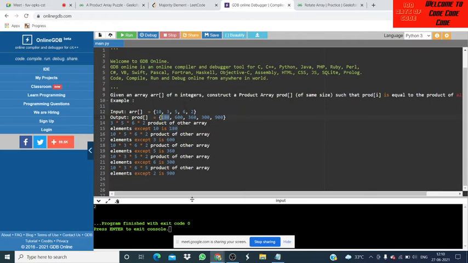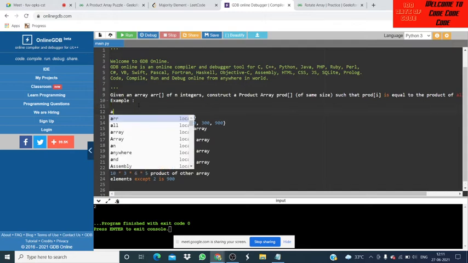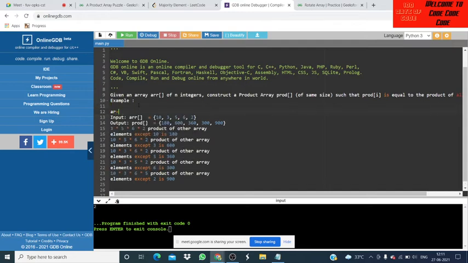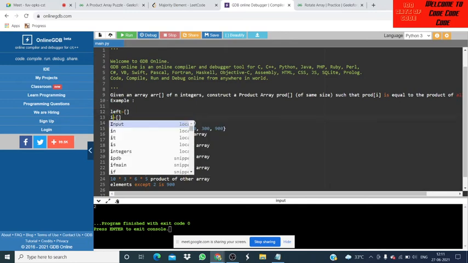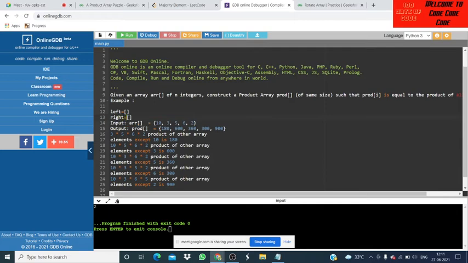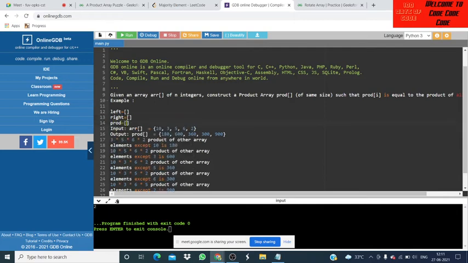I think I can do it by using 3 arrays. We take one auxiliary array, then a second auxiliary array. I write the name as left so you can understand it better, and I will take next as a product array.